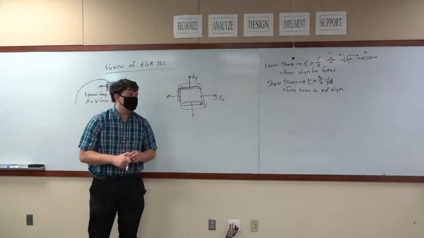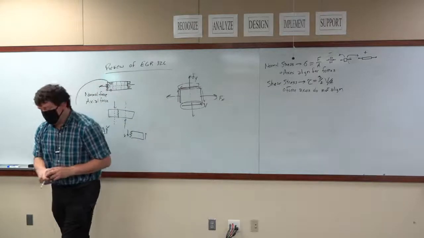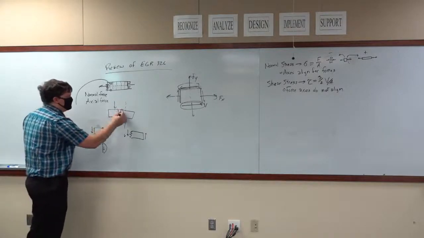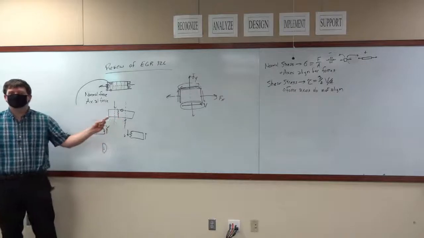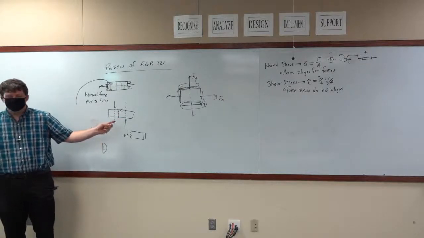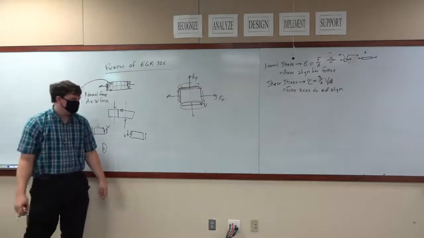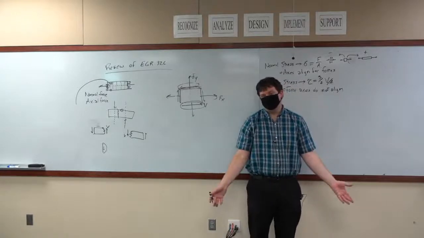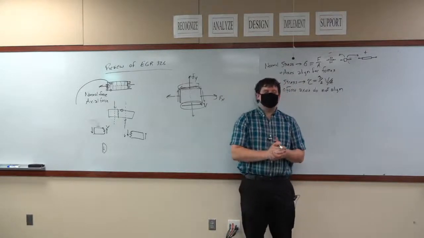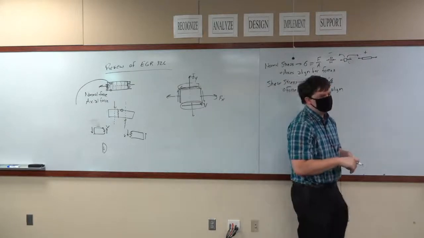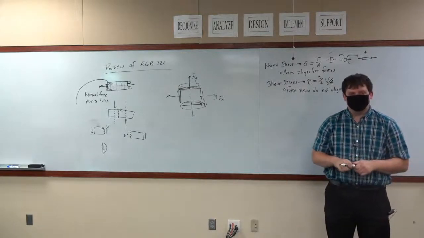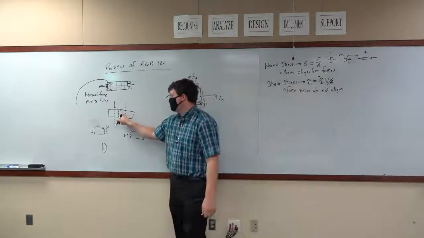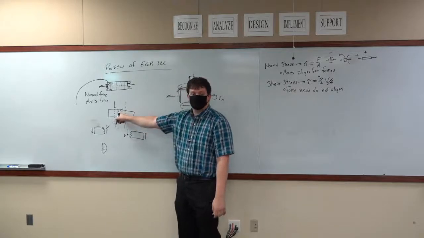Now, if you always only ever use 3/2 V over A, you will always be designing for the maximum shear stress. So even when analyzing a component, if you're looking at the stress right here and you use 3/2 V over A, what you're looking at is the maximum shear stress. You're going to be giving a conservative estimate for the actual failure. It's always okay to give conservative estimates when it comes to engineering. Conservative estimate means you know without a shadow of a doubt that it's not going to fail, because of a condition you put on there where I'm going to assume it's 3/2 V over A